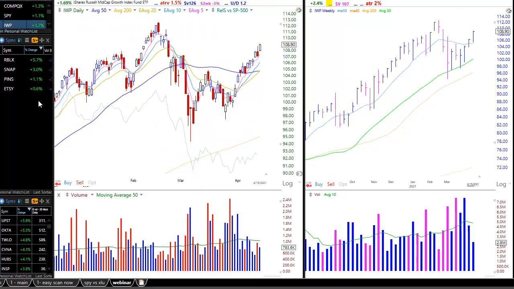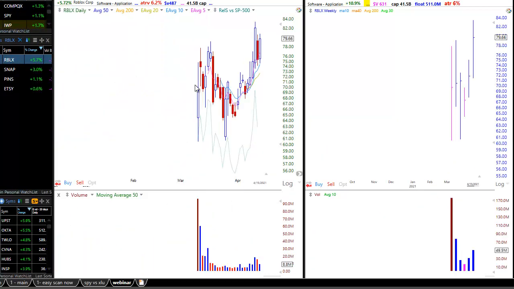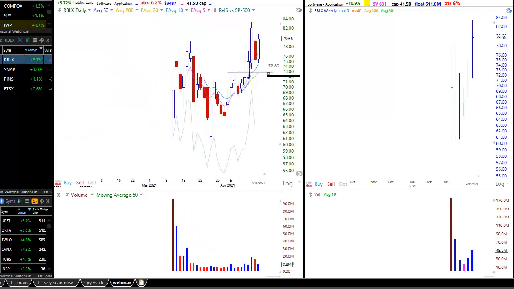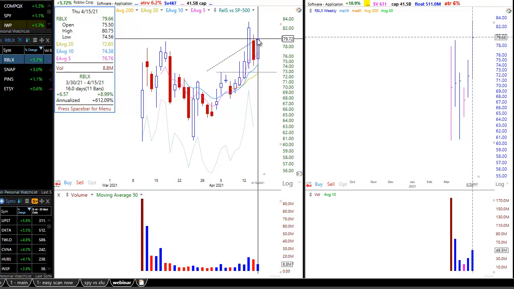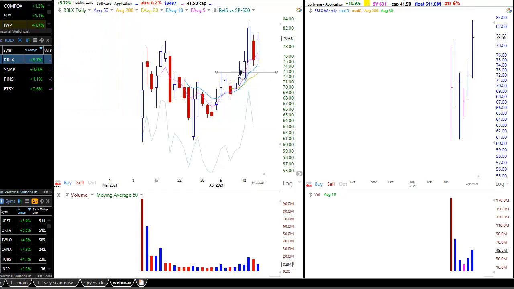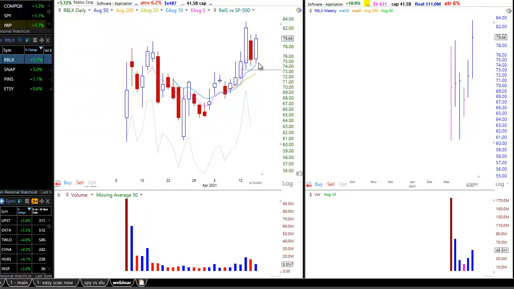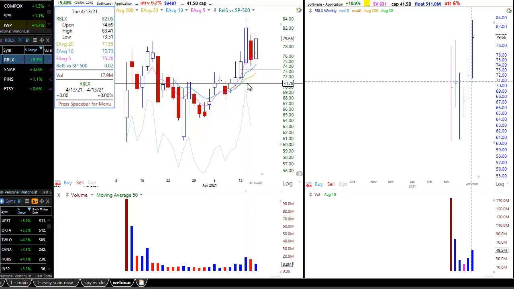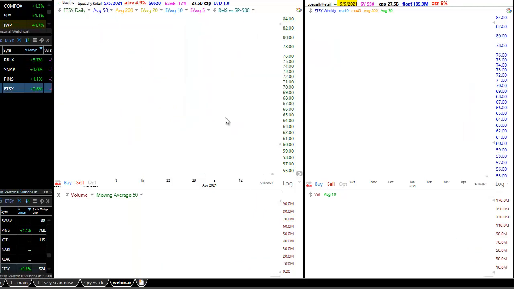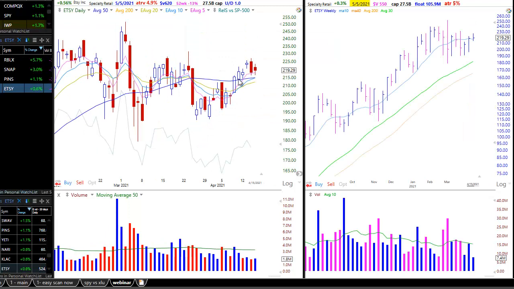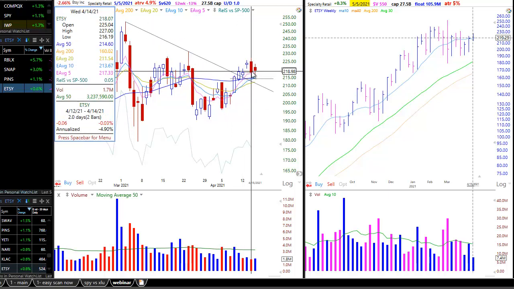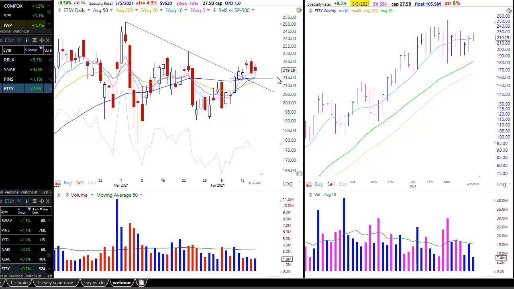As for open positions, we're long Roblox from an entry right around 73, so we're up about 10% or so. And we have a stop that's below the 10-day EMA and this big bar up on 4/13. Next up is Etsy, which we're long from 214, so just around this 50 MA here. Price cleared the downtrend line, failed to follow through though,